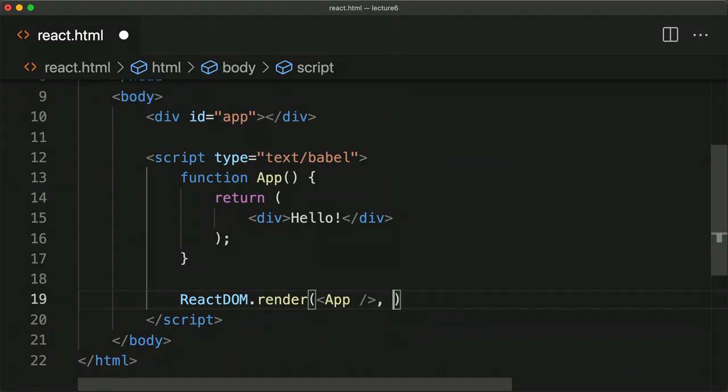And then the second argument is where on the page would I like to render this component. And I want to render this component right here on line 10, where I have a div whose ID is app. So I'll need to add some JavaScript code to find that particular div. And to do that, I can just say document.querySelector, and then hash app to say find the element with an ID of app,